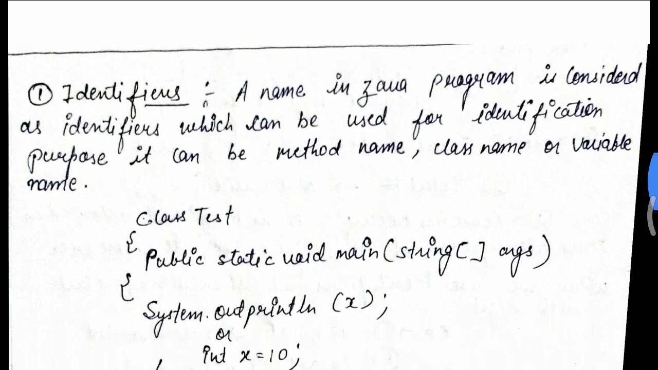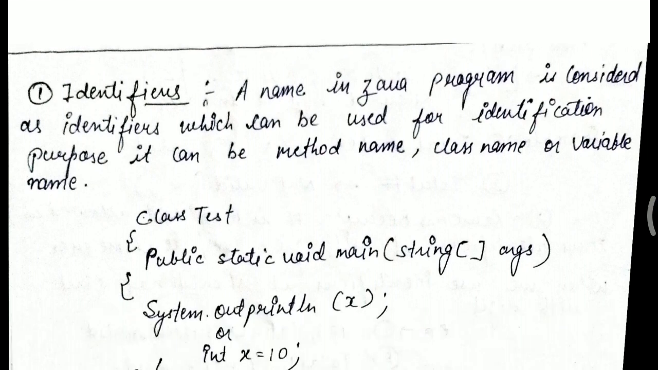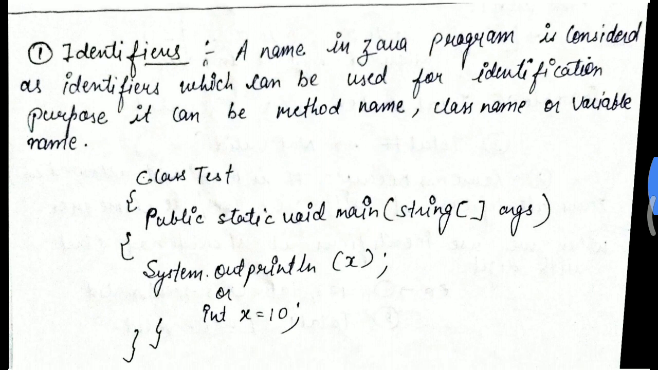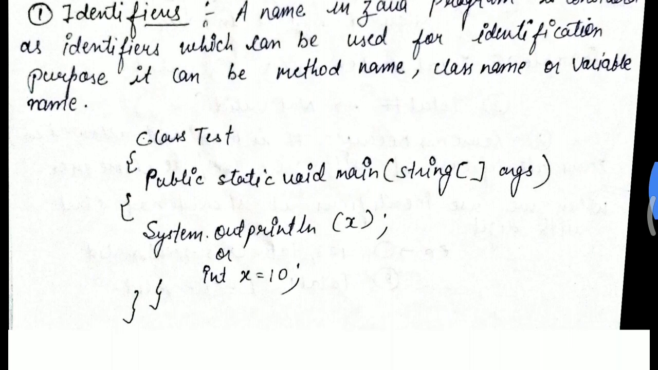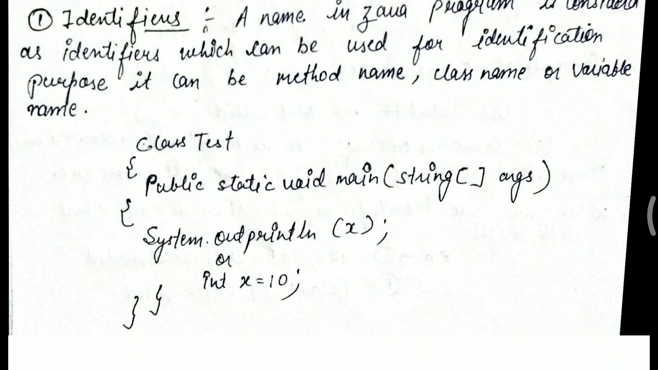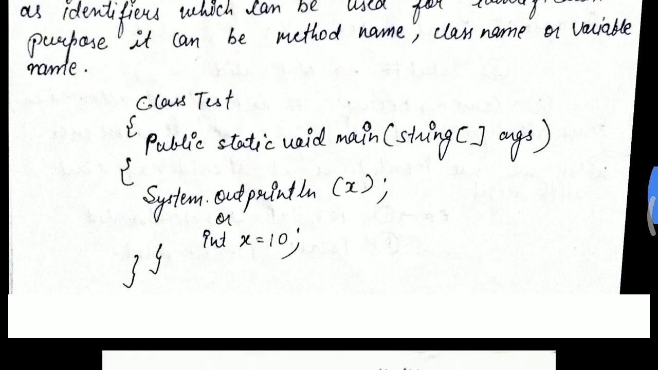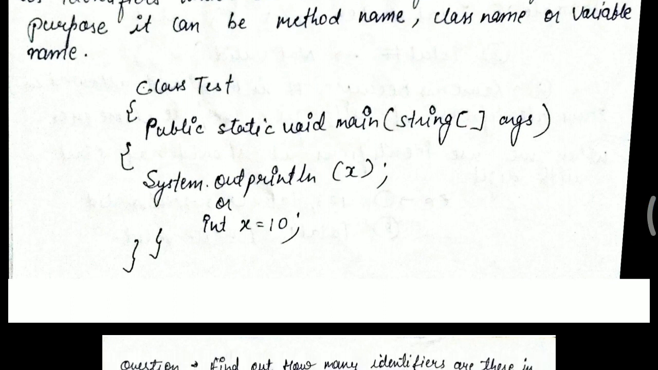What is an identifier? An identifier is a name in Java programming which can be used for identification purposes. Means whatever the question is being given to us, we have to identify it. It may be a method name, class name, or variable name. The example in front of you represents an example of a variable. So here the whole example represents that we have to find out